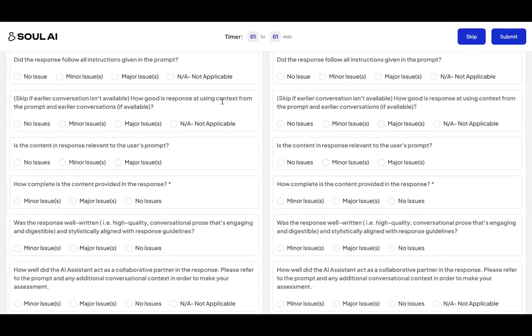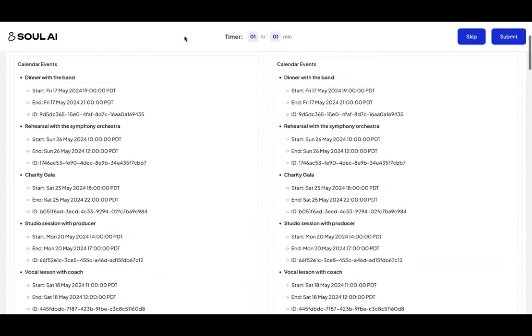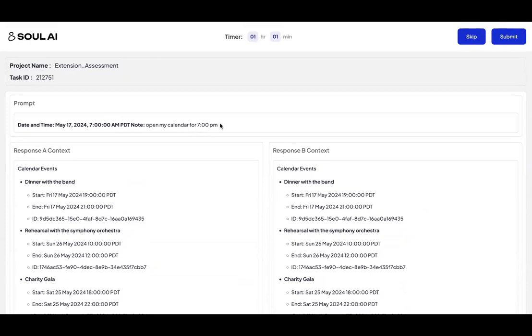Then you've got context awareness, which means how good is the model at using context from the prompt in earlier conversations. Here, what you focus on is if it's a multi-turn conversation, which means before this particular question, there was a conversation between the model and the user that was given to you. So for example,